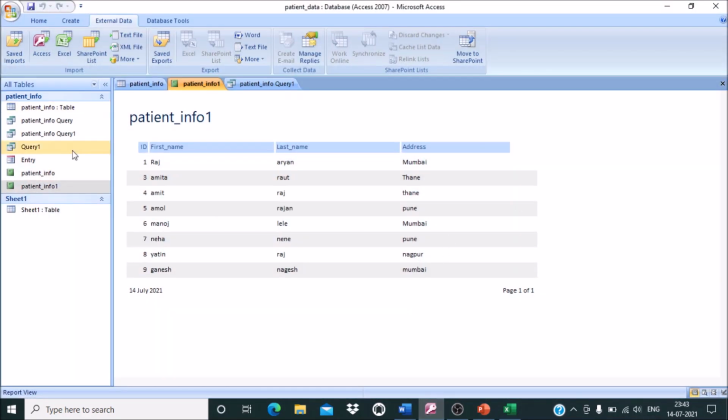So you have to select different objects: the table as an object, the query as an object, the form as an object, the report as an object. Based on your selection you can apply the same steps and it can store the data in an XML file format. So this is all about storing or exporting data from MS Access to XML.